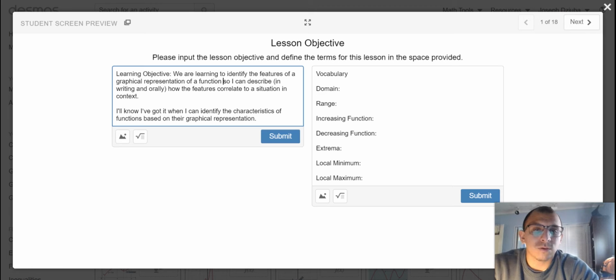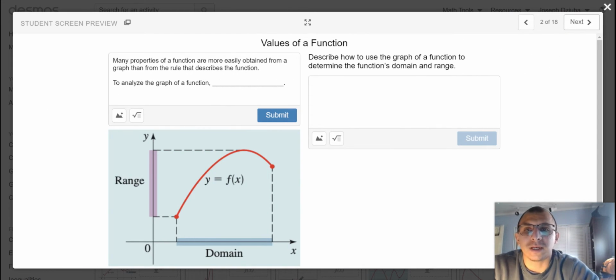We have some new vocabulary words today, so make sure that you define those. And let's begin. Many properties of a function are more easily obtained from a graph than from the rule that describes the function. To analyze the graph of a function,